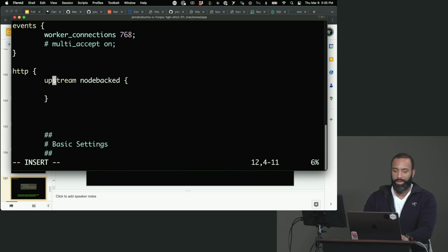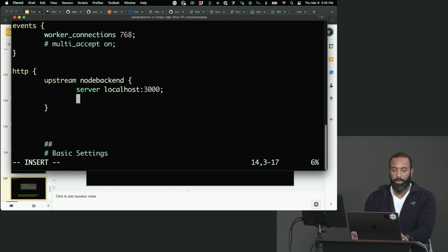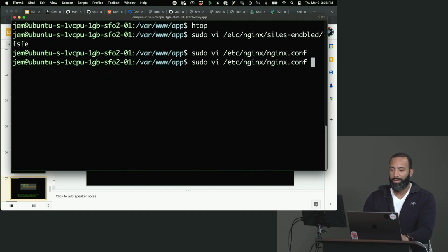Call it node_backend. And we'll just list the other servers. We only have two right now. So we'll say server one is running on localhost 3000, and the other one was running on 3001. OK, not too bad. And for real this time, the last time we're going to edit this nginx configuration for